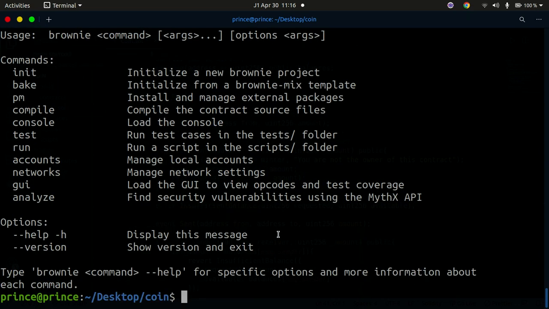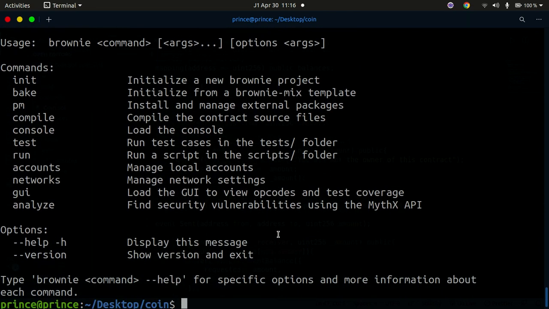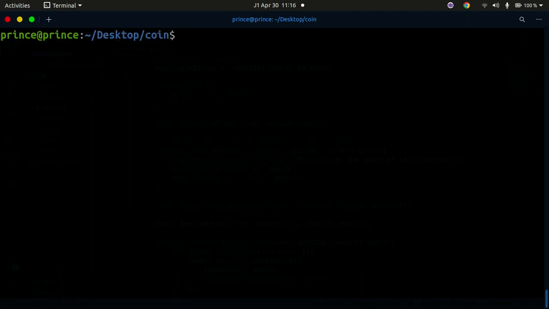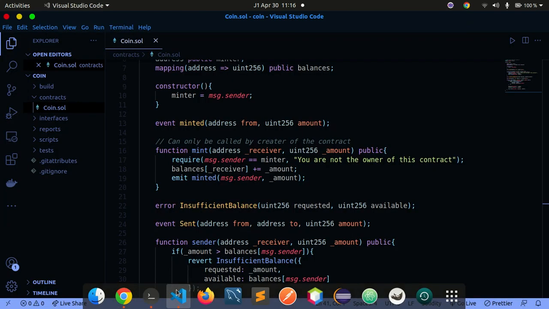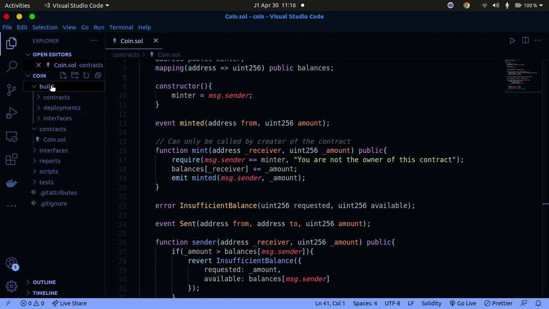So once we have all that, that's great. You can simply use brownie compile to compile the contract source files. So I'm going to close this and then simply do brownie compile, just like this, and this is going to compile our Brownie contract. Once the contract is compiled, if you go inside of our build folder, we should see the contract being compiled here. You can go into contracts and you're supposed to see this